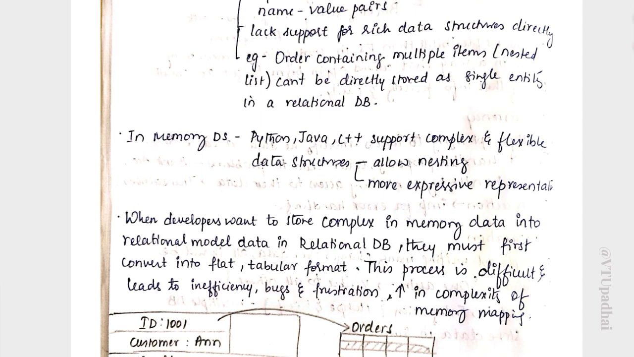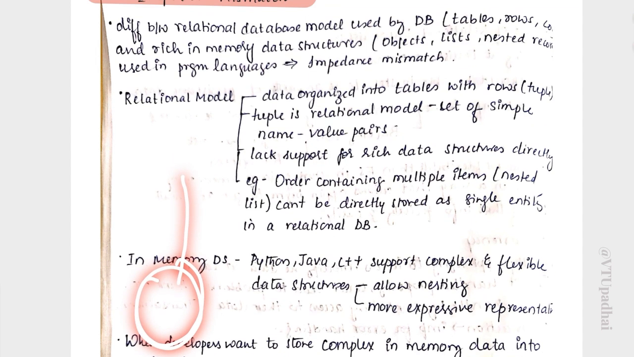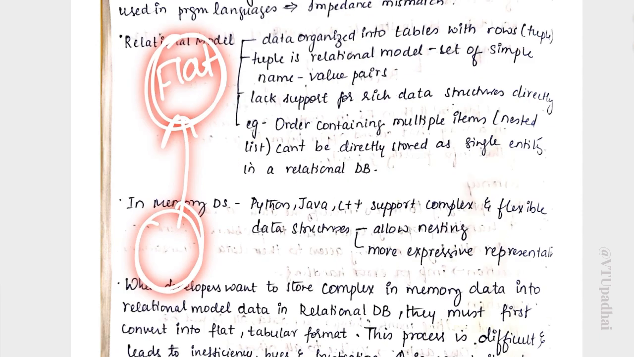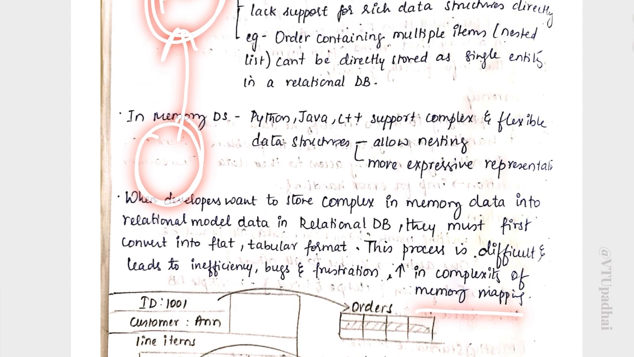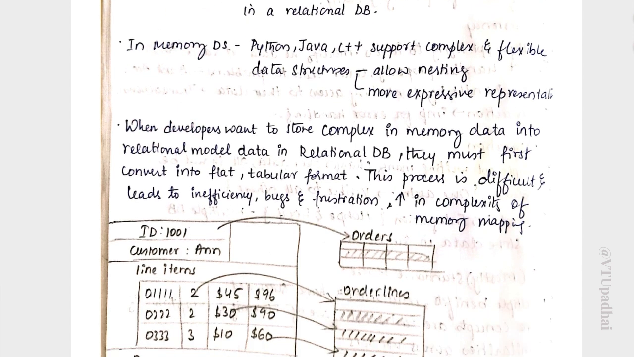So it will increase the complexity in memory mappings. This translation process of conversion from in-memory data structures to the relational model, or converting it into a flat structure, is called impedance mismatch. So if you consider this